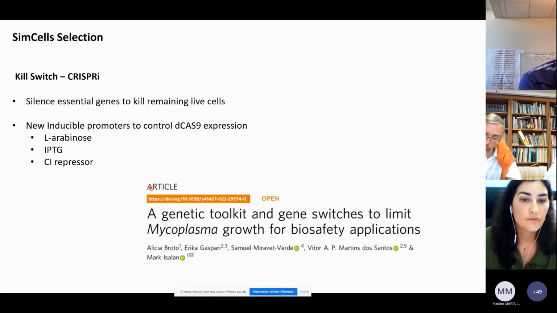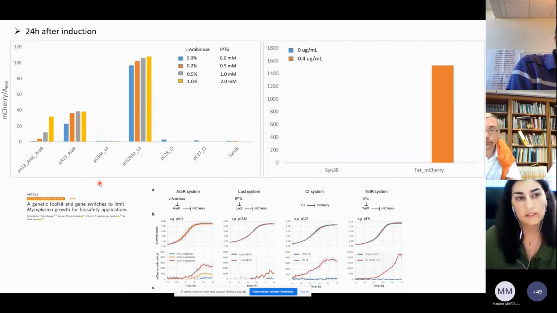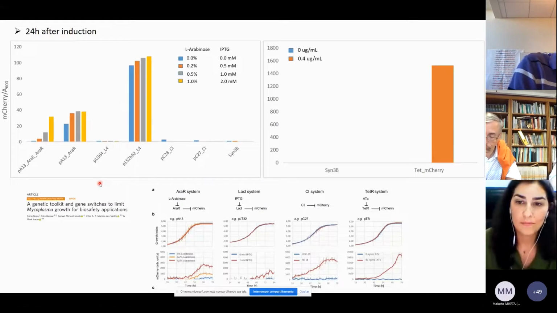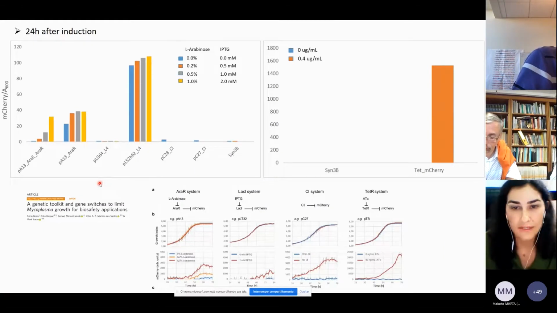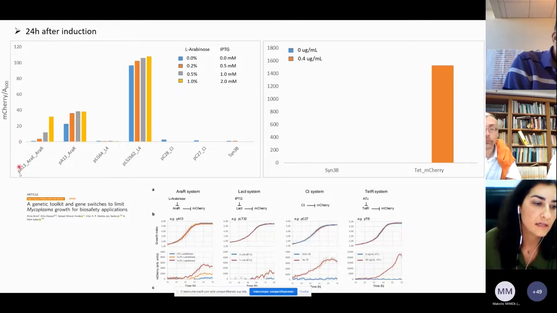So for that, we decided to try some inducible promoters that were developed for Mycoplasma pneumoniae, and we constructed them and inserted them into Syn3B. These are all preliminary data. We just did one induction, and after 24 hours, we were able to see that this construction here with